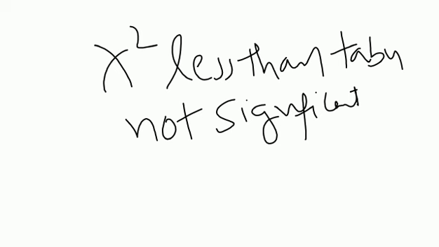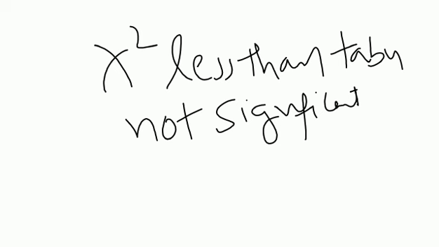When the calculated value of chi-square is less than the tabulated value, how will you get a tabulated value? This is an already prepared table, having the level of significance and degree of freedom. Find it out. Then if the calculated chi-square value is less than the tabulated value, the difference between observed and expected is not significant. Okay. Now, on the other side, if the calculated value is more than the tabulated value.